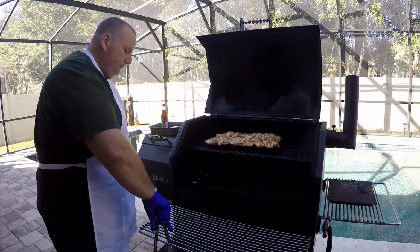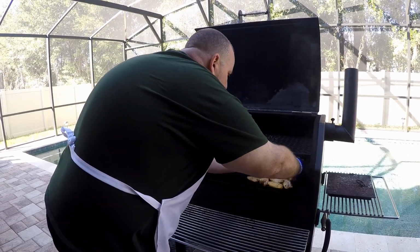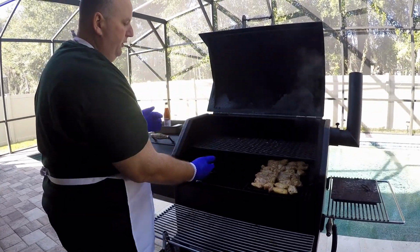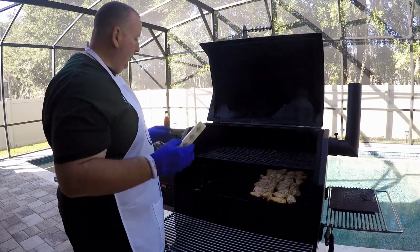So other than that, I'm just going to take these chicken wings off, move them to the side over here, just so that they stay warm. They're not actually going to be cooked because, like I said, the flame is going to be shooting straight up underneath this pan. And otherwise, I'm going to take a stick of butter, nice Kerrygold, you can't beat it, and